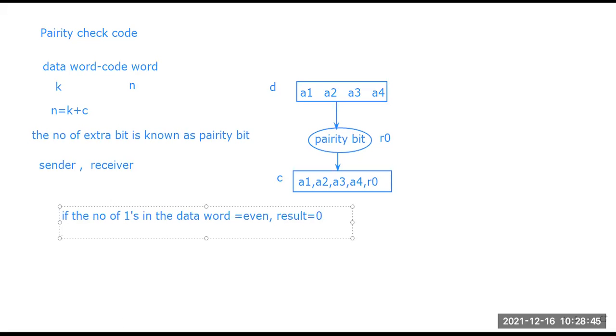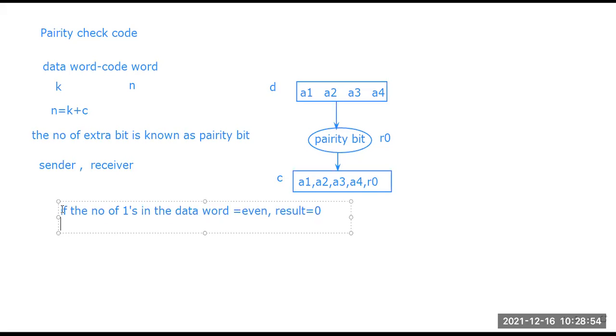If the number of ones in the data word is odd, then the result will be 1.